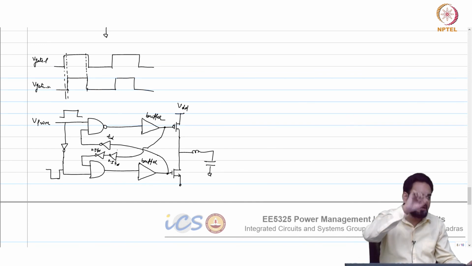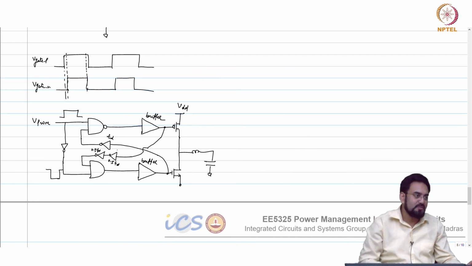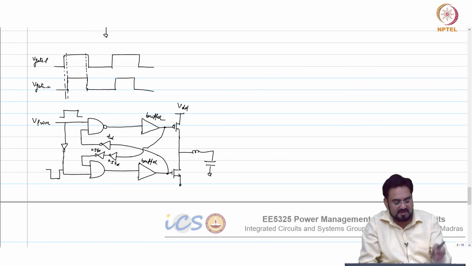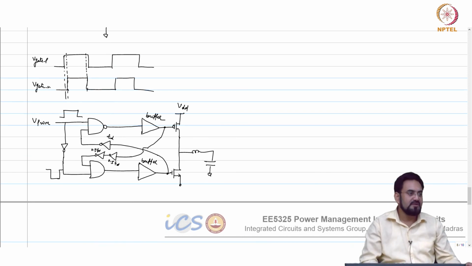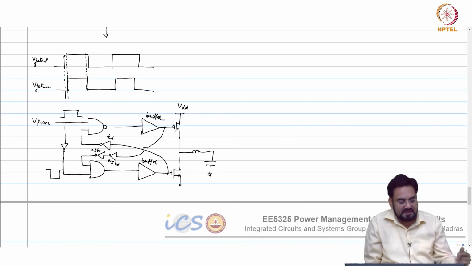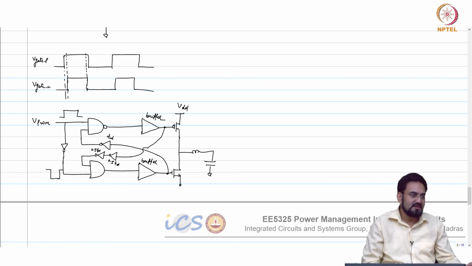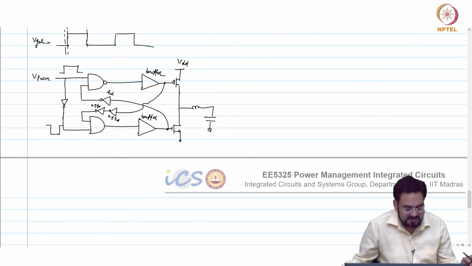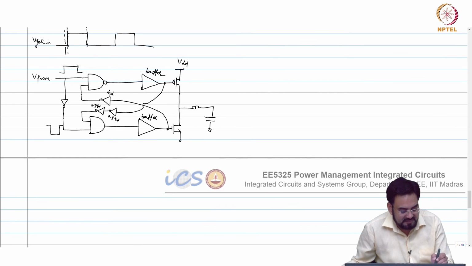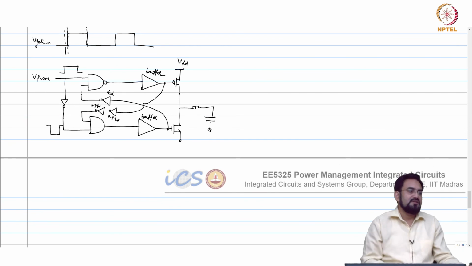But if you are looking from, let us say, below half of VDD, very close to 0, then you have to consider that 0.5 nanosecond delay from this, okay, because you do not know, this inverter may be tripping at VDD by 2 or VDD by 3 or VDD by 4. It is quite possible, depending upon how these are sized, it may have a skewed threshold, okay. And you can basically change this TD to change your non-overlap time.